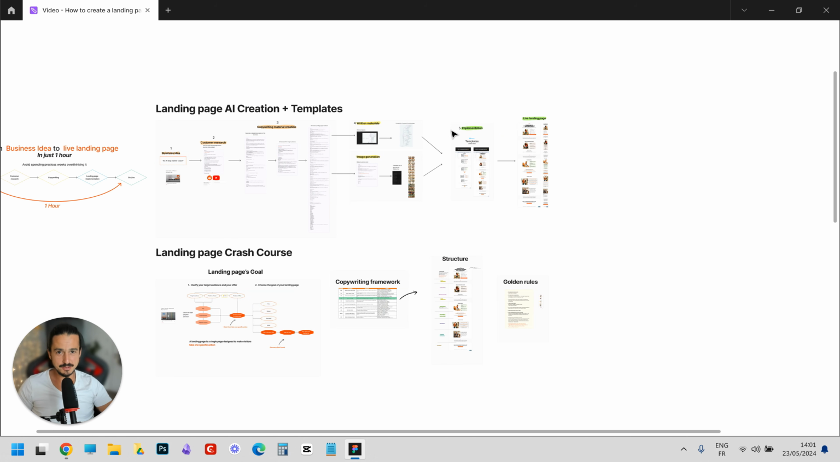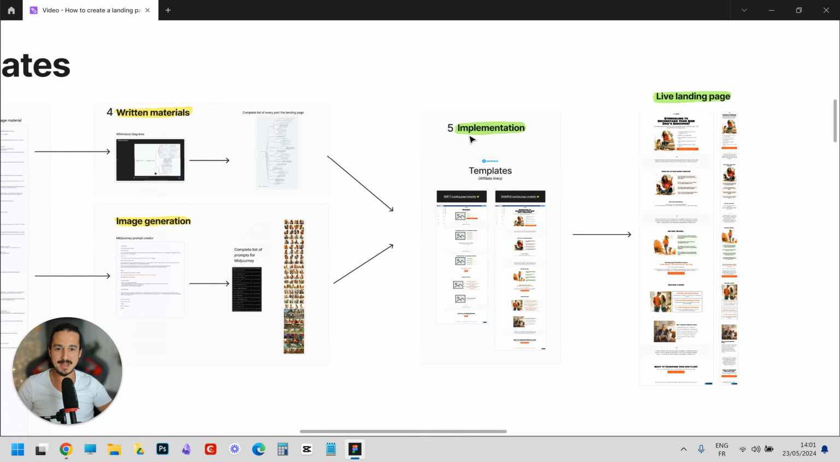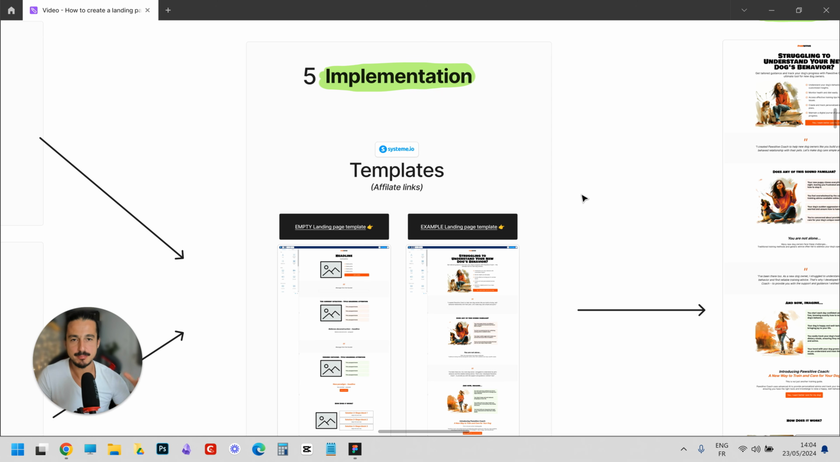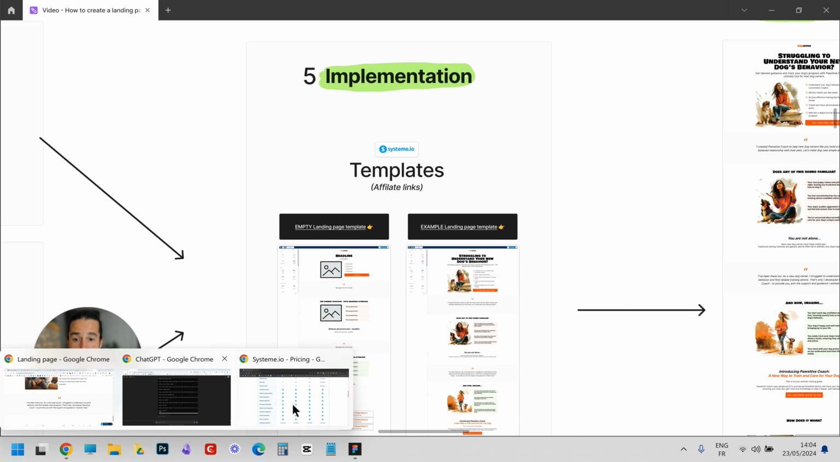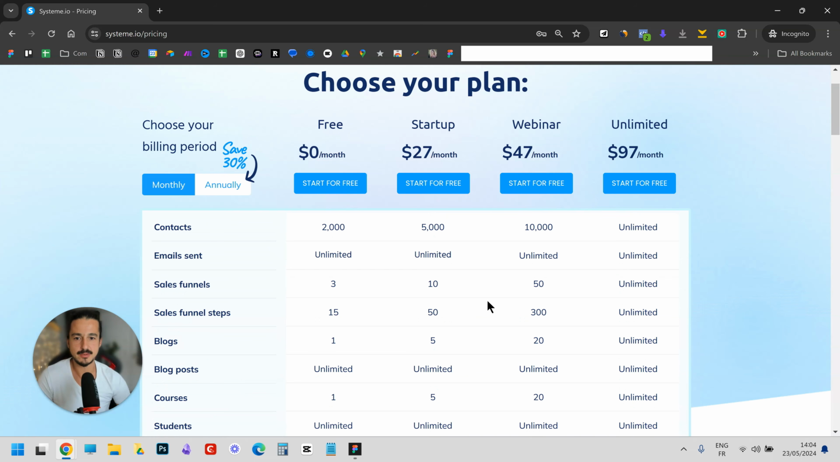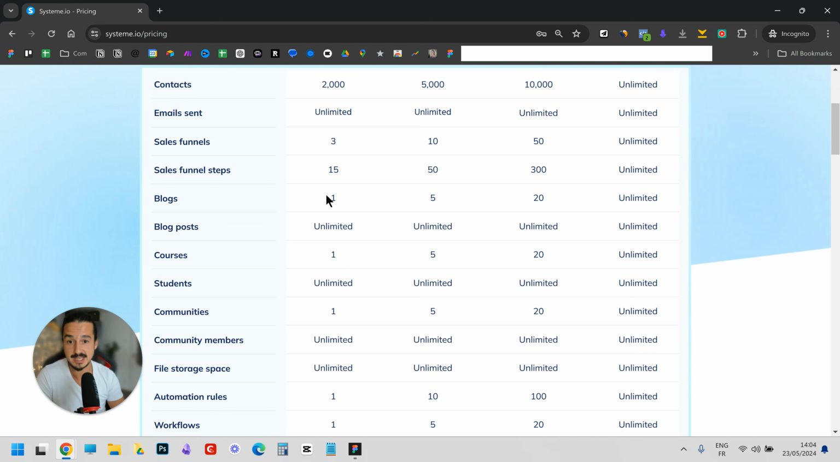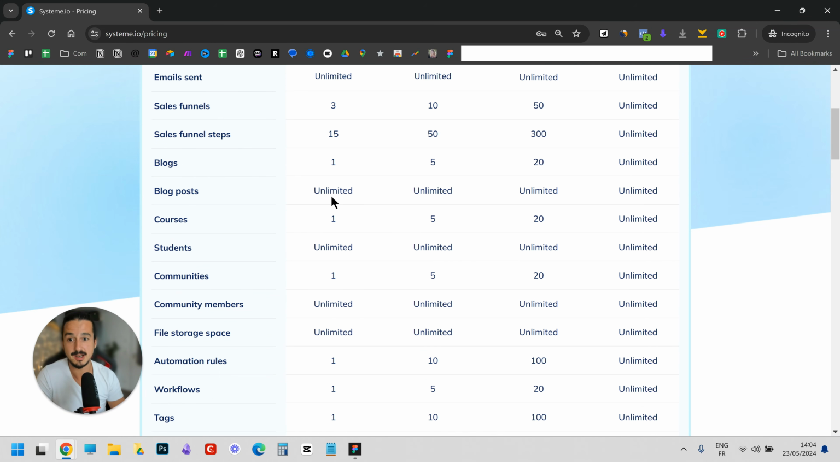So now we can go into the fun stuff, which is building the page finally. As I previously mentioned, I've selected a tool and created the template inside of this tool. Why did I select this tool? It's because this is the simplest and most efficient tool I found, and moreover, it has the most generous free plan. Basically, with $0 per month, you can have contacts, you can send email, you can create sales funnels,